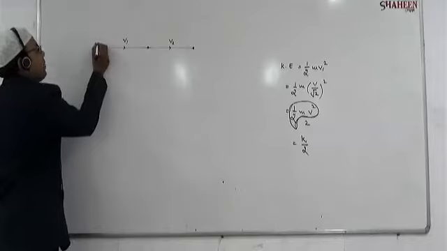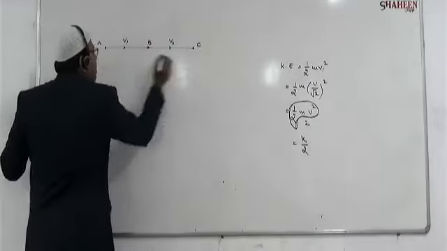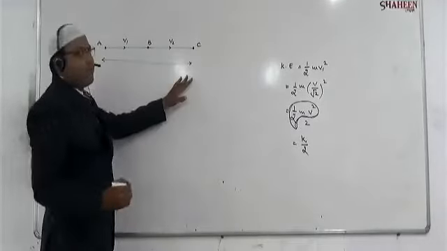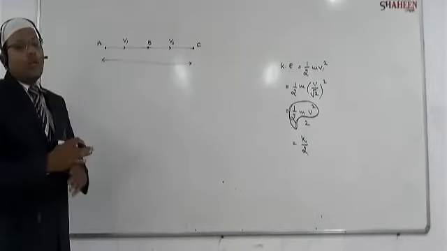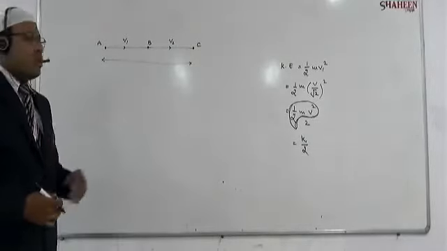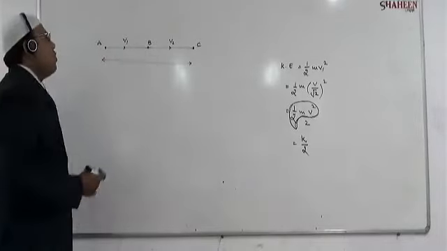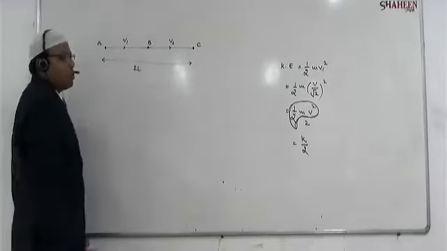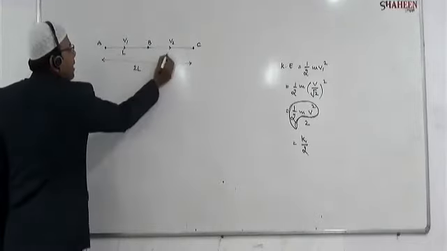So here, students, suppose this is the point A, this is the point B and this is the point C. The distance between these two, from here to here, we are considering either 2l or just l, it is your choice, because this is the midpoint, half the distance and half the distance. So what I do is consider 2l as the distance between these two. 2l is the total distance. So this will be l and this will be l.